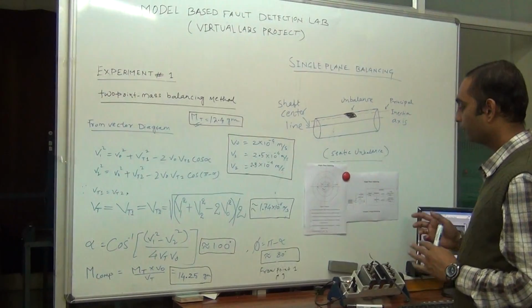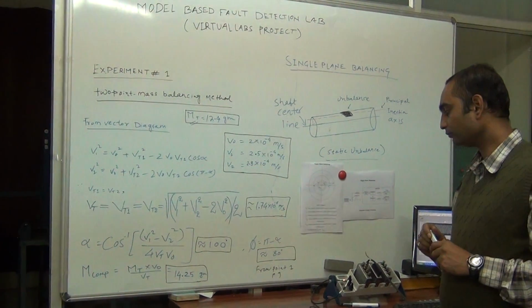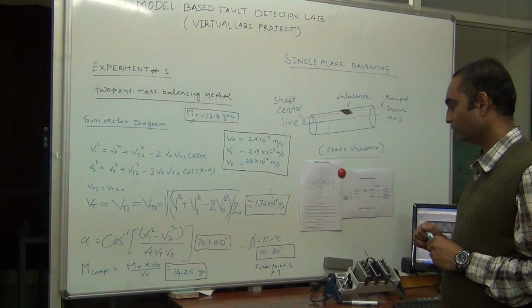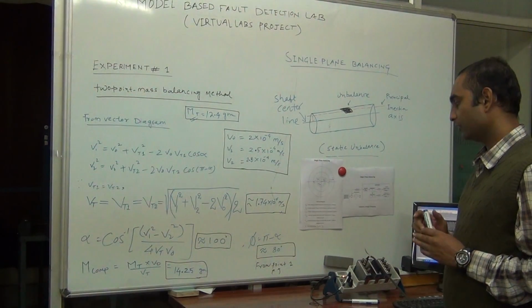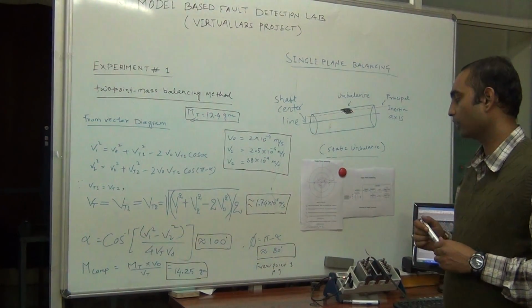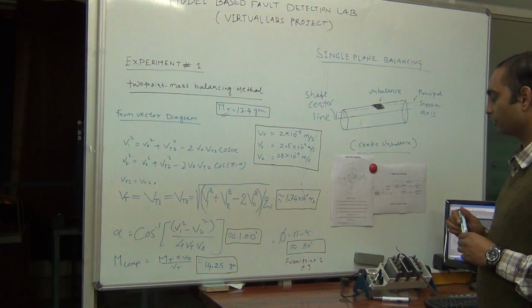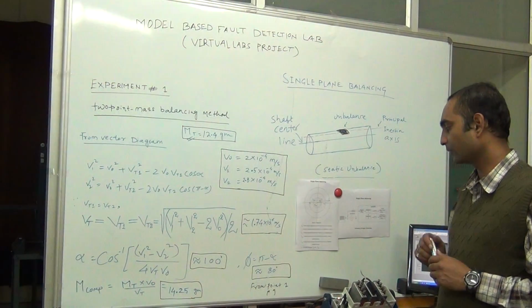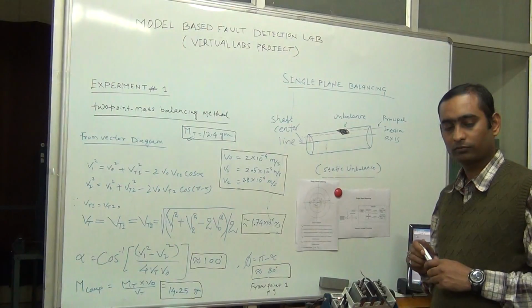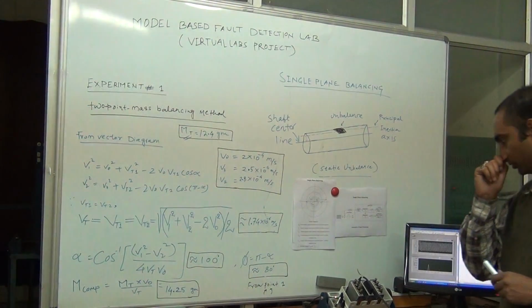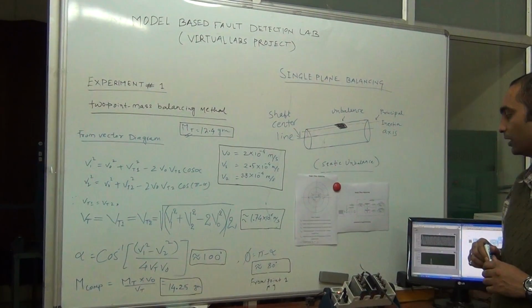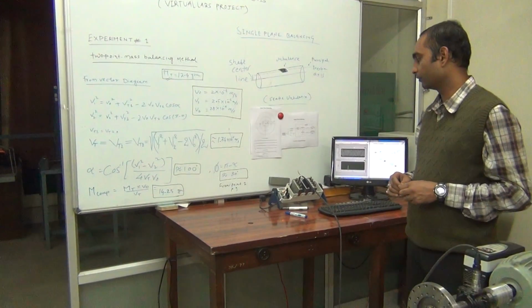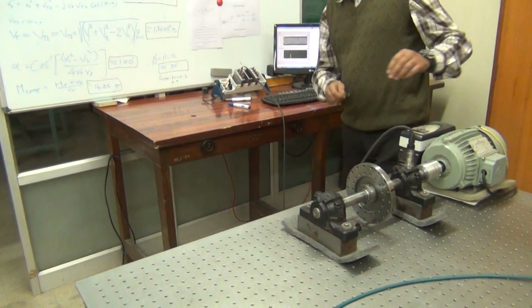That could be on either side of the rotor from point 1, in the counterclockwise or clockwise direction. On one side we will get the maximum response, and on the other side we will get the least response. The side where we get the least response would be our correct balancing location. So now let us attach the compensating mass at the first position, that is 80 degrees from point 1.